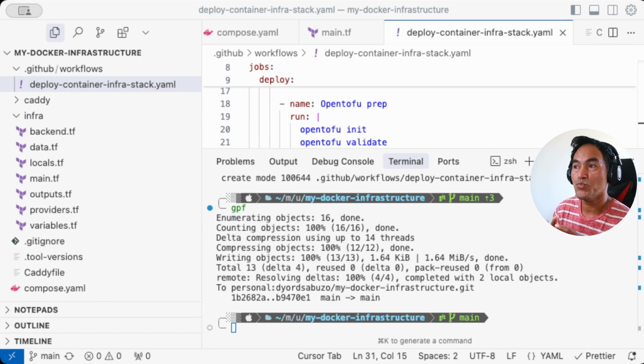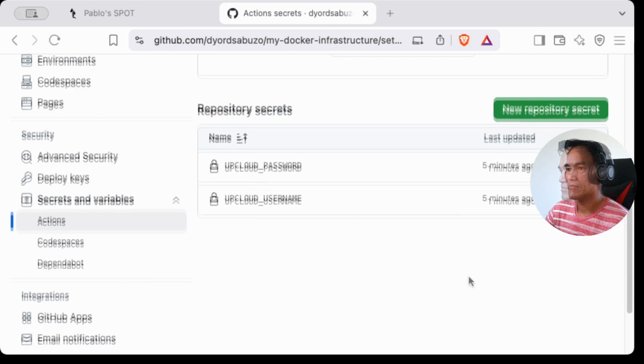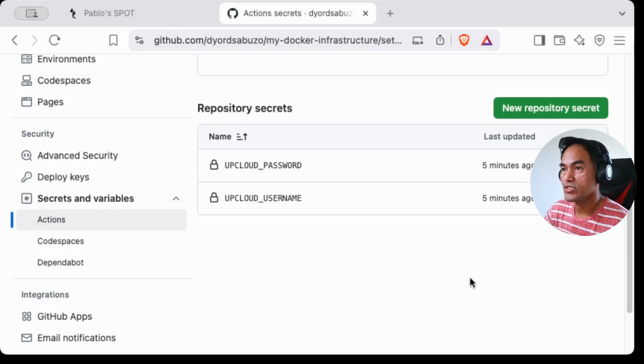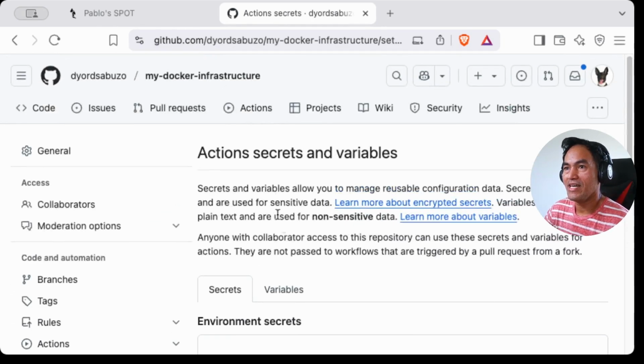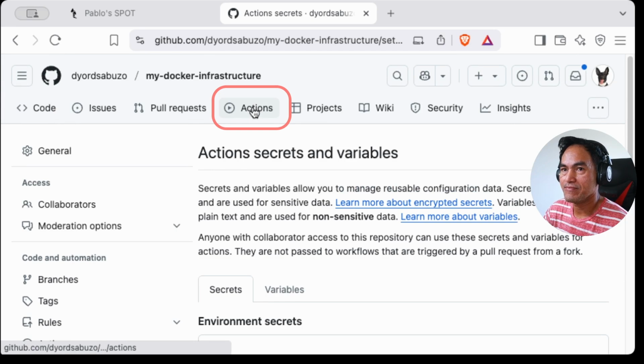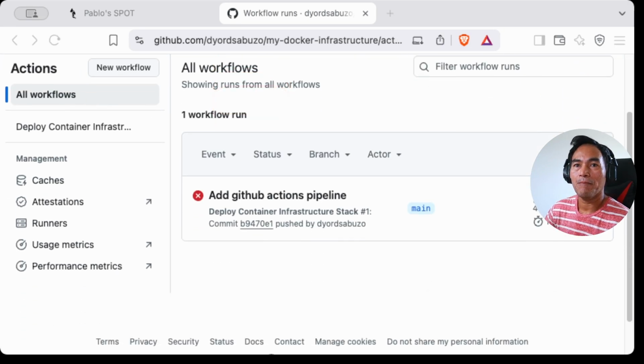Remember that I just pushed changes into the main branch, which means my GitHub deployment pipeline should have kicked off. So let's switch to my browser. And let's scroll to the top of this page and then click Actions right here. My workflow actually failed, but before we investigate what caused the issue, let's quickly look into the components of my